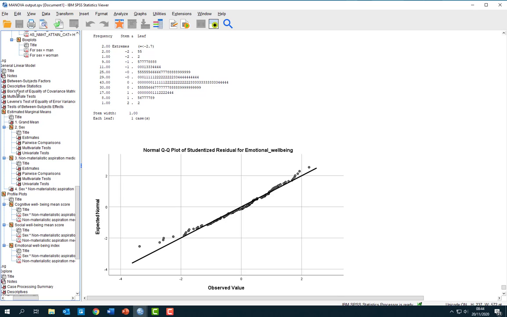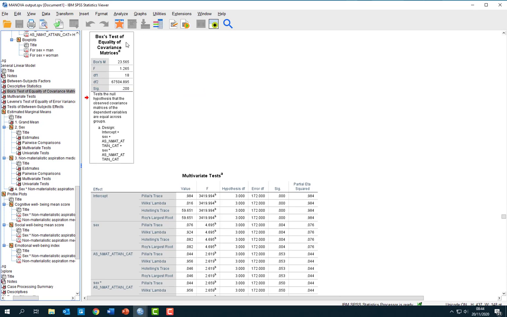So if we look at the Box's test, this is actually quite unusual. Normally you'll find you violate this assumption just as a matter of course, and if you have equal numbers of people in each group, you can just ignore it because it's so sensitive. In this case, it's more important to check this than ever because we have unequal groups. And what it means is that the smallest group, if that group is associated with the largest variance, then you've got a problem. It will arbitrarily say there's a difference between the means across your groups, when it isn't the means that are different, it's the variance that's different.